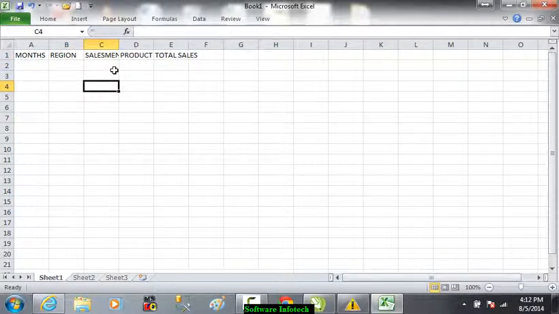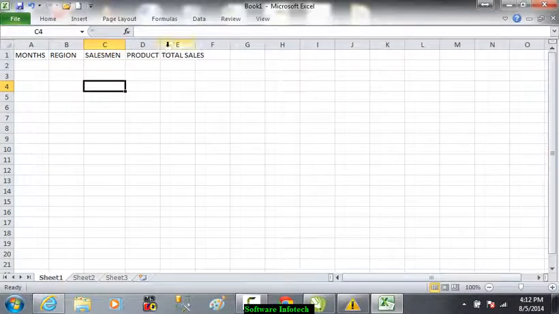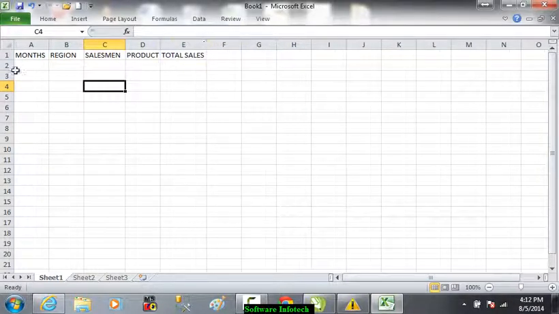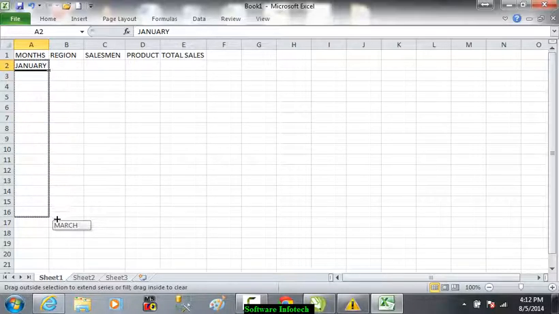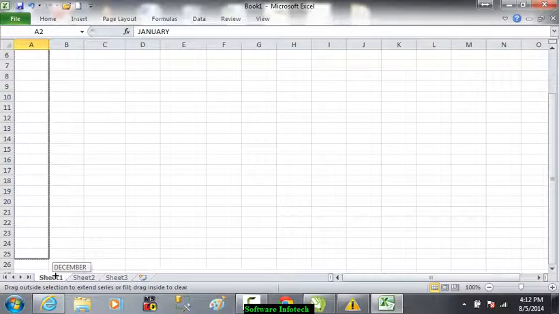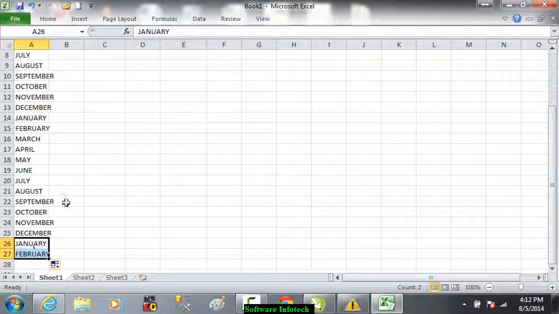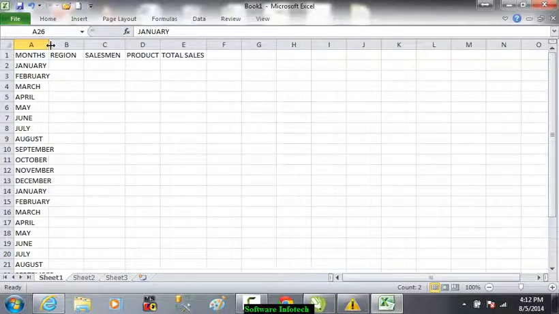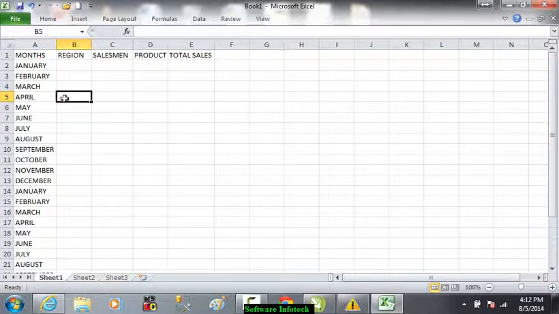Now you can see here the columns are very small in size. So for that you can just drag it over here. Drag it over here too. Now months we can drag it. January. We can just use the shortcuts also for dragging it till, okay, we'll take it till December. We can also double click over here so that it auto fits the column.